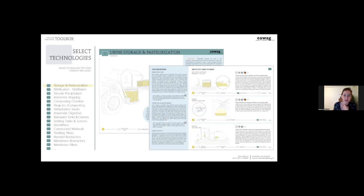On the back of the technology guides, we include 3 more representative case studies. So with the 4 case studies per sheet, we really aim to offer inspirational examples of how and where technologies have been implemented and what these look like. And you'll notice that we've included the Rich Earth Institute here as one of the cases for urine storage and